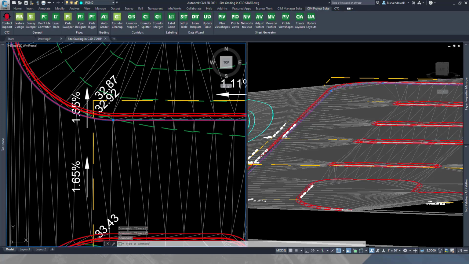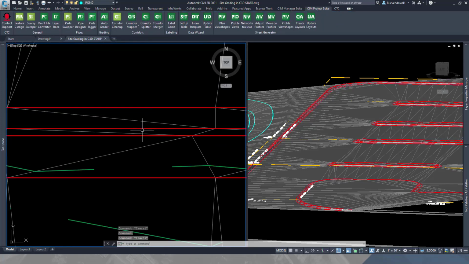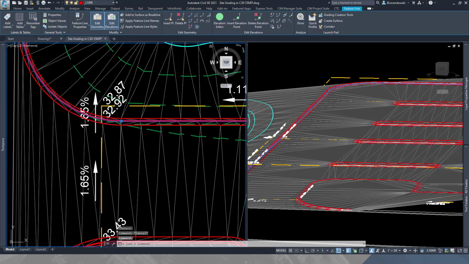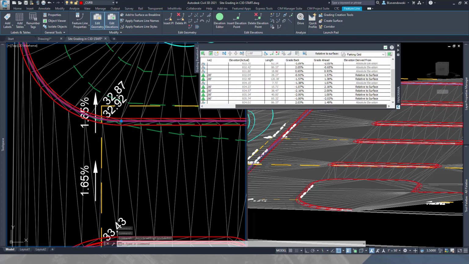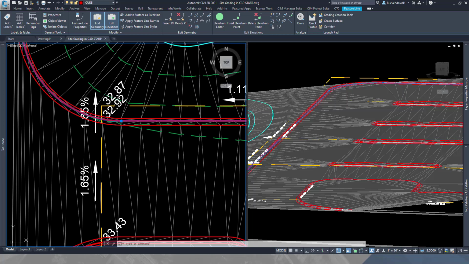You can also pick these feature lines, like the gutter lines that we made relative to the surface. If you go into Elevation Editor, you can change the setting right in here from relative to surface to absolute elevation. So you can strip that link from it to move into some more final or detailed grading